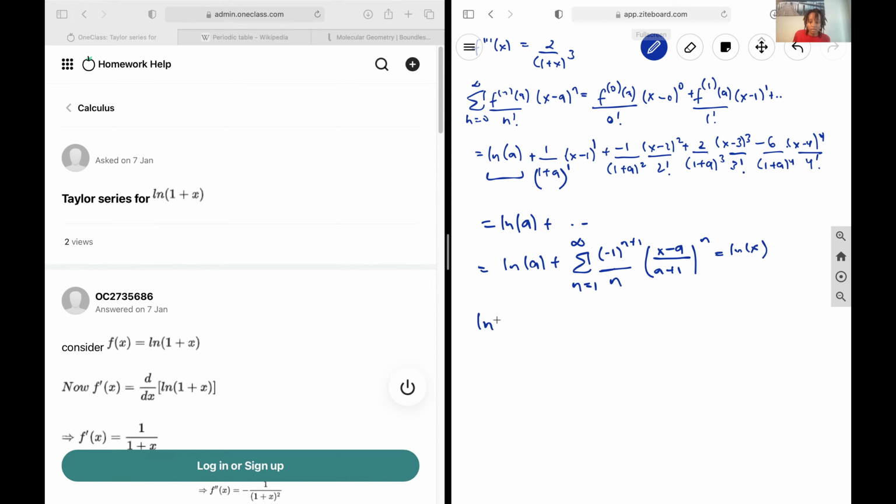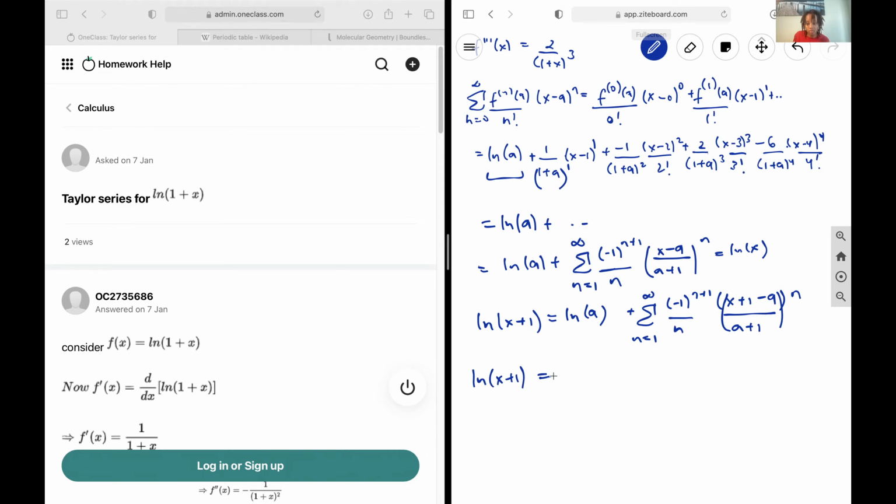Right? And so that means that the ln of x plus 1 is going to be the ln of a plus 1 plus the summation from n is equal to 1 to infinity of -1 to the power of n plus 1 over n. And then we're going to put in x plus 1 as our x minus a over a plus 1. Sorry, this is going to remain ln of a because it doesn't have an x value in it. And then this is all to the power of n, as we see here,